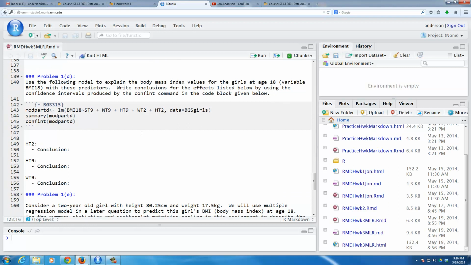In problem 1D, we have a slightly different model now. We have height and weight at age 2, strength at age 9, but this time we are going to use body mass index as the response variable. And what I want you to do for this one is to use the confidence intervals for each coefficient, not tests, but confidence intervals, and give conclusions about the effect of height at age 2, height at age 9, weight at age 9 on body mass index values,